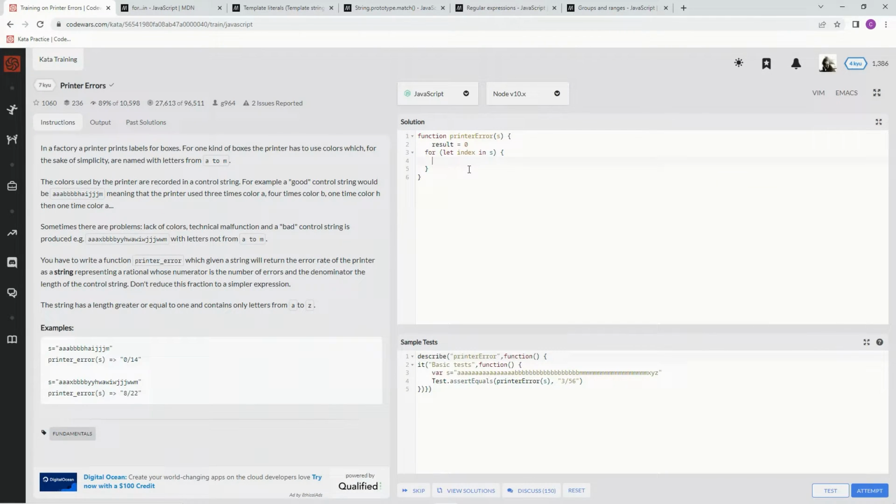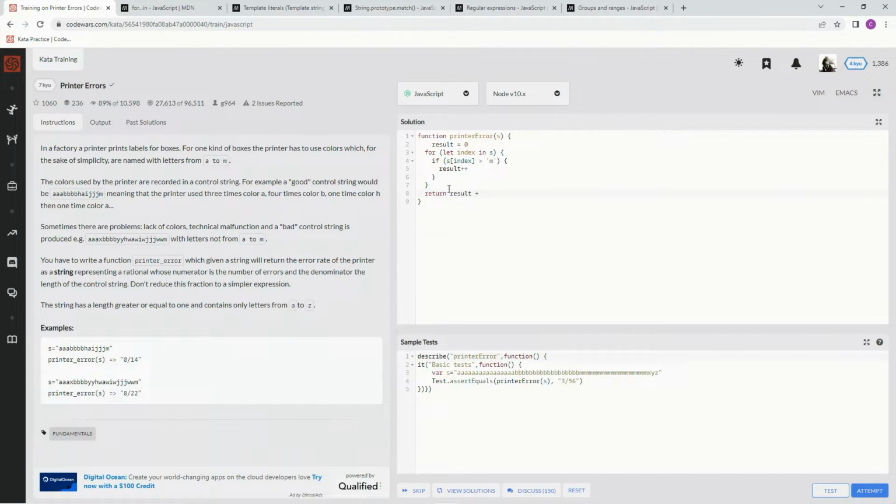Then after that, we're going to say if S index is greater than M, all right, because M has a numeric value, and then anything greater than that, all right? And if that's the case, what we're going to do is say result plus plus, all right? Let's see, we got enough of that. All right, cool. So now we're going to return, we're going to say result